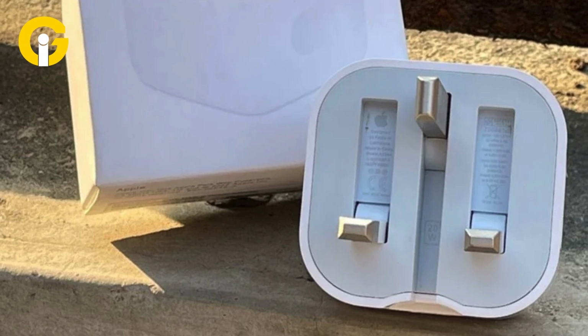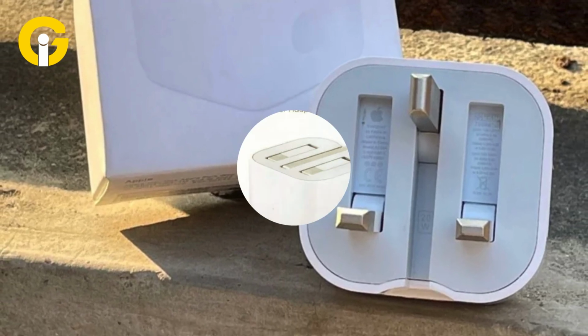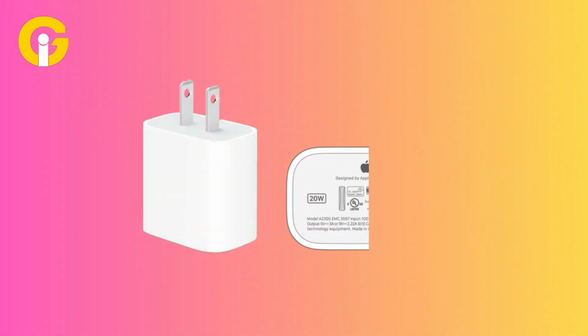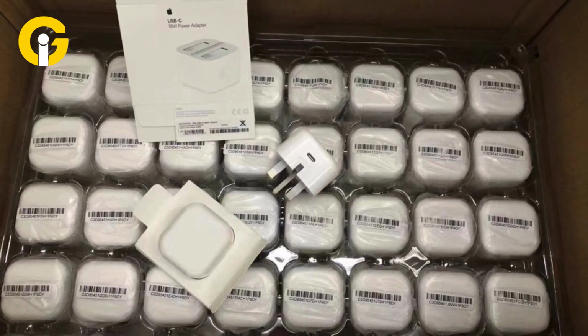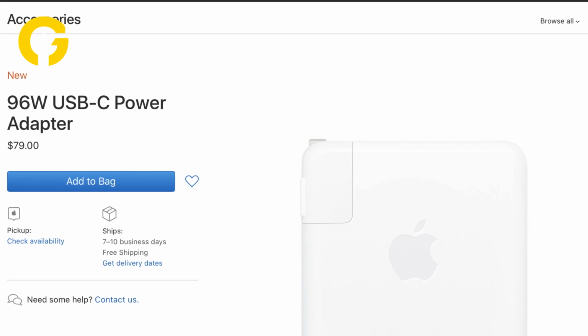USB-C power adapter. Apple no longer includes a power adapter in the box, so you'll need to use an existing one or purchase a new one that supports USB Power Delivery, USB PD, of 5W or greater. You can use an Apple 18W, 20W, 29W, or higher USB-C power adapter to charge your Apple